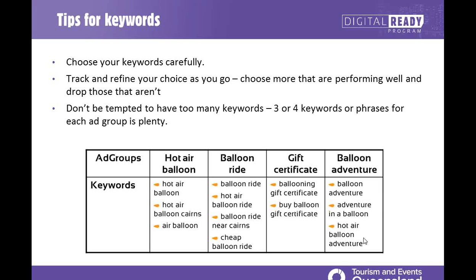So you can see I've only got 3, this one's got 4, and they're very, very related to each other, and I haven't got ballooning gift certificate in hot air balloon Cairns. Okay, so I've been very, very targeted, very, very careful to have keywords that are very closely related to each other. I haven't got general hot air balloon in balloon adventure. Can you see how the words balloon adventure, adventure in a balloon, hot air balloon adventure, they're all very similar,